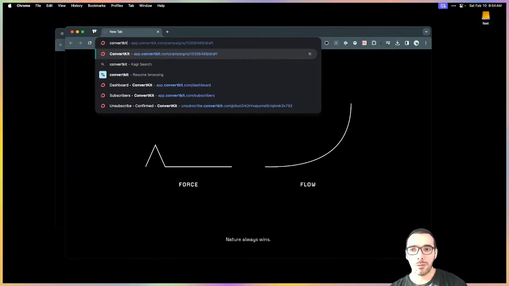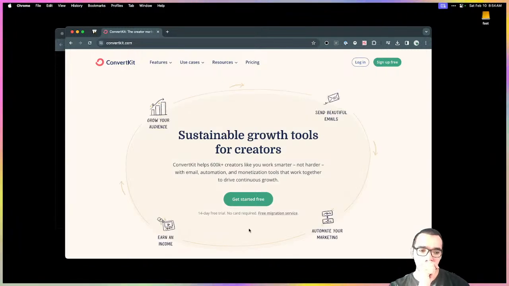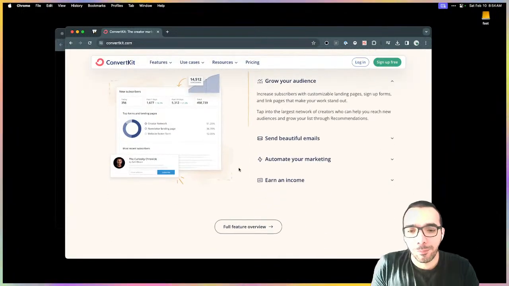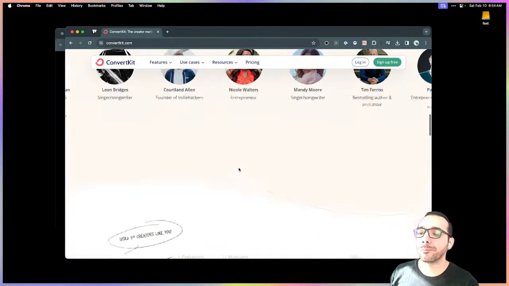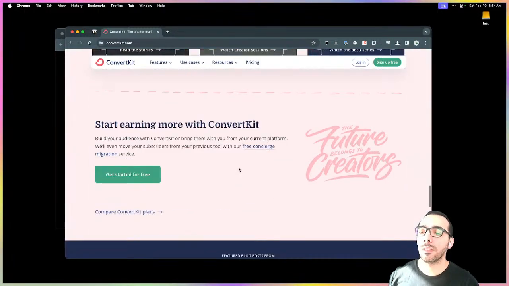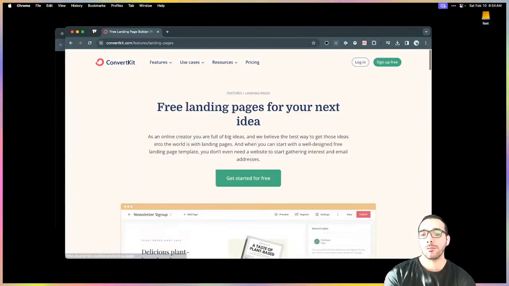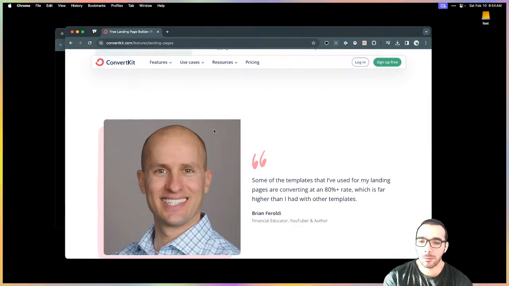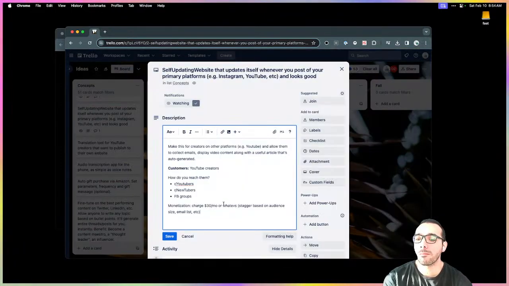Although this does kind of fit into, I know ConvertKit is playing in the creator space, and they actually do have a way for you to create your own landing page. Not quite a website, but a landing page. So possibly a way, and this would be complementary to something like ConvertKit. Yeah, landing pages are not really relevant though. I don't know why I'm talking about this. It's more for creators on other platforms.